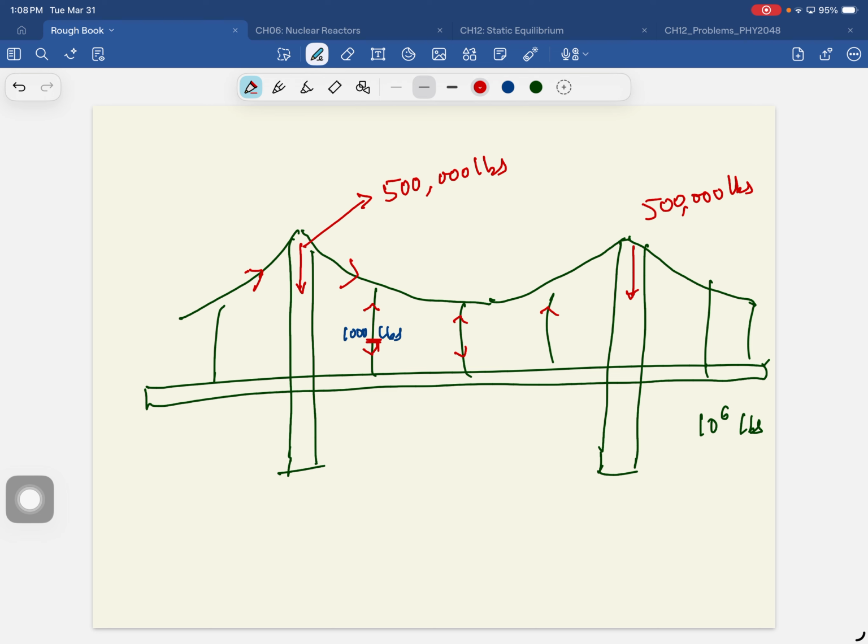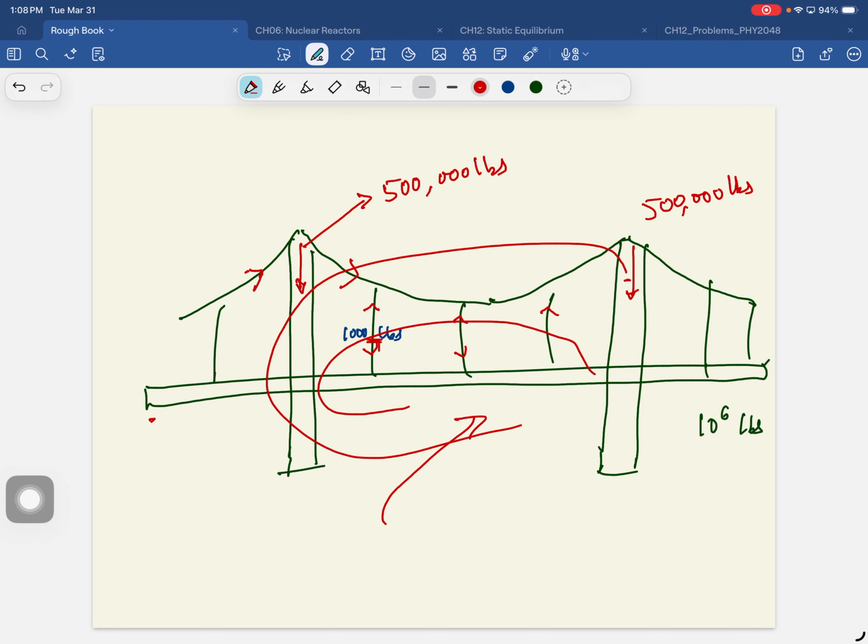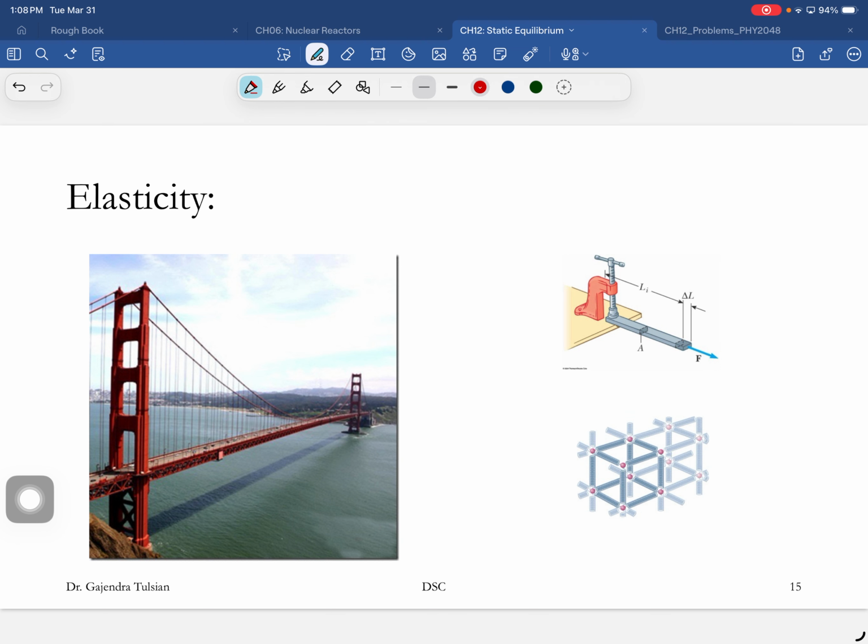Okay, so that was what this design was about. Small forces are tensile forces, large forces are compressive forces. Okay, and what this design let you do is build a bridge that is tall so you can have ships going underneath it with very little material. Okay, so that's what you did. All right,